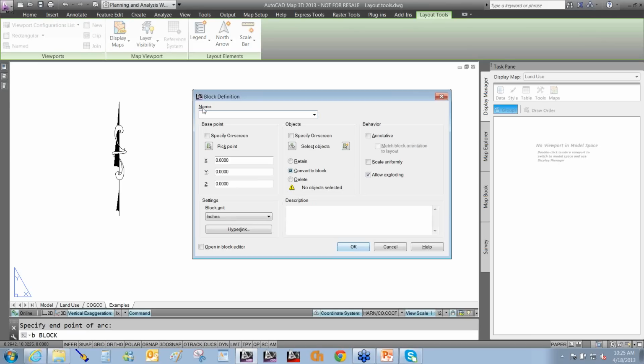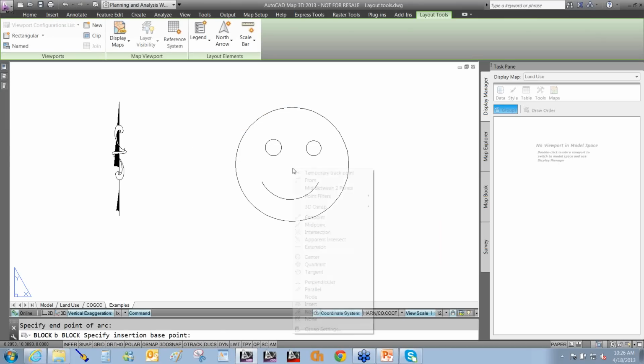Okay, so I'm going to go ahead and create a new block definition off of an existing one. I'm going to call this one Warren's North Arrow. I had a fun one in there too. All right, I'm going to go ahead and pick a spot in here, which would just be the center O snap. Select my objects